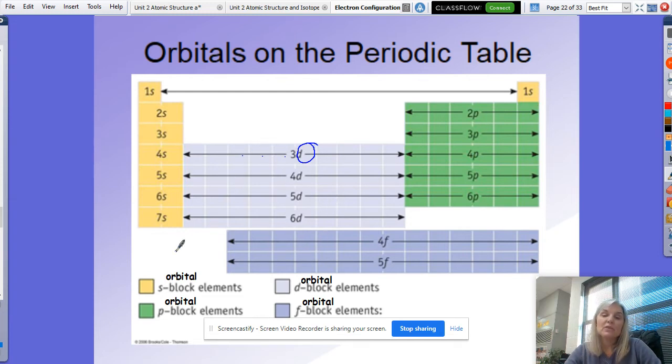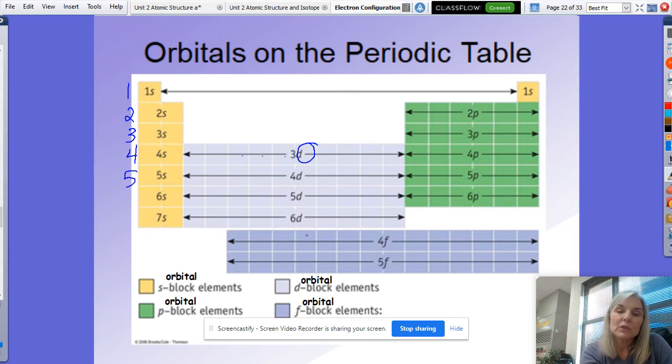All right. So this one is a little tricky, and I'm going to show you why. So on your periodic table, we know this is energy level 1, energy level 2, energy level 3, energy level 4, energy level 5, and so forth. So watch what happens as I get to this level here. Notice we have 3D, 4D, 5D, 6D, but we're in level 4. When you get to the D,